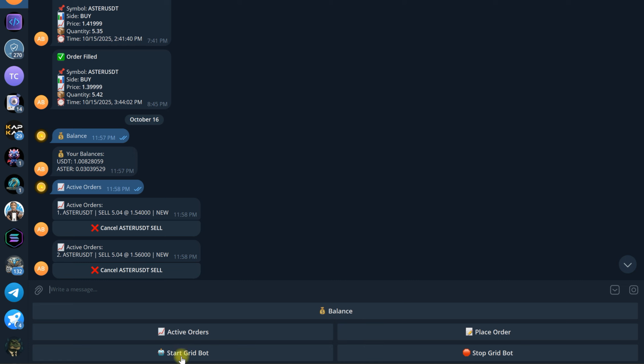So here is the start grid bot. When we start the grid bot, it will ask which pair you want to trade, how many grids, and how much amount of USDT, and the range amount, then you have to start. This bot automatically calculates the grid size and, per grid, how much we want to buy and